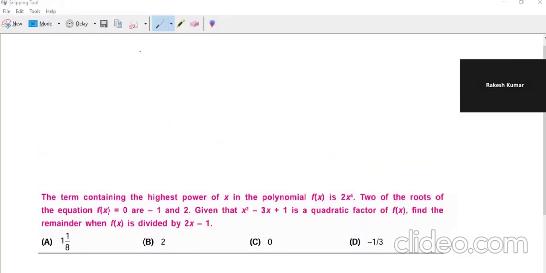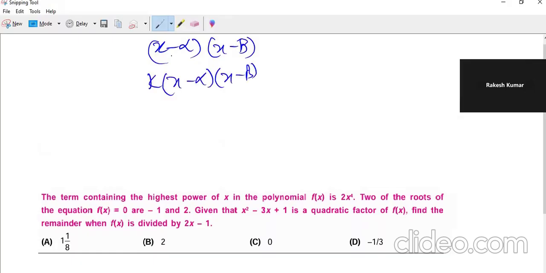For a polynomial equation, even a quadratic, if it has two roots, the factors are x minus alpha and x minus beta. But the equation is k times x minus alpha into x minus beta. These might be the factors, but there's also a multiple. You see, if the roots are alpha and beta, like here and here, and you multiply it by 2, the curve will always pass through this,